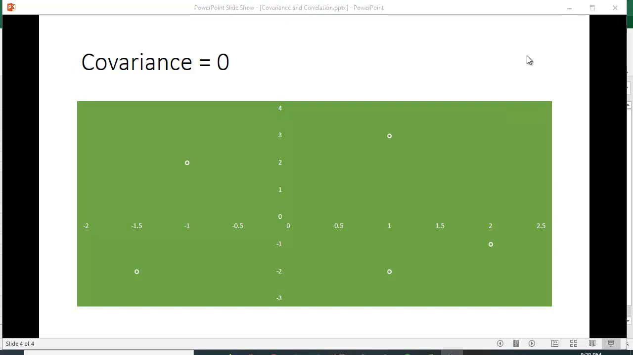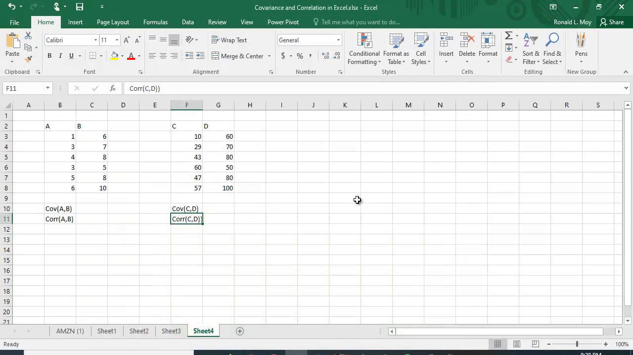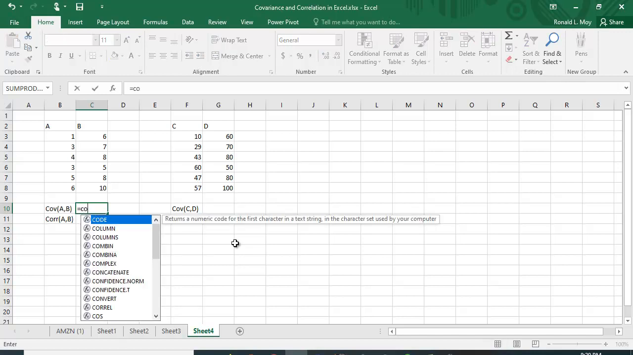So let's take a look at how we compute this in Excel. So I have some data here. I have A and B, and I have C and D. So I have two sets of data here. Let me calculate the covariance first of A and B. It's a fairly tedious equation, but you can certainly do it by hand. But one way to do it is to take advantage of the